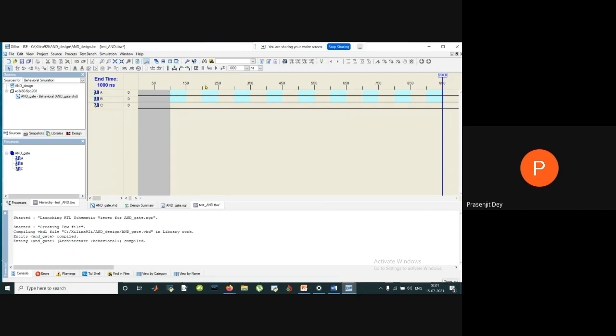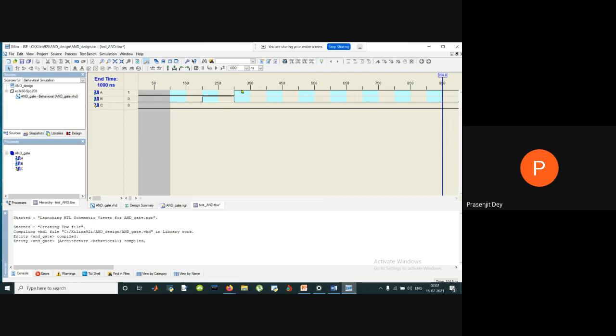After 200 to 300, make the value of B as high. So now you can see B is 1, A is 0. So initially from 100 to 200, A is 0, B is 0. From 200, A is 0, B is 1. Again from 300, select A as 1 high and B as 0.